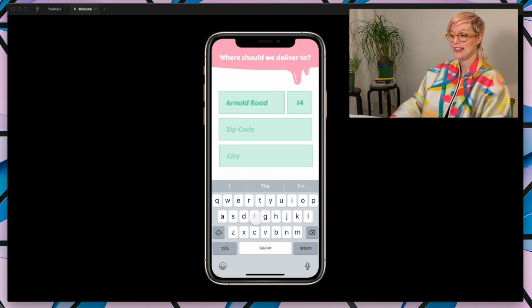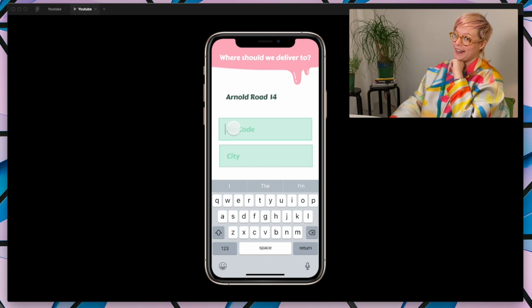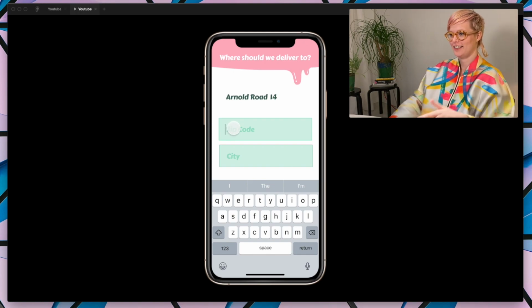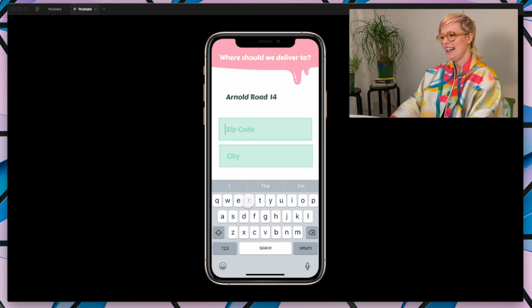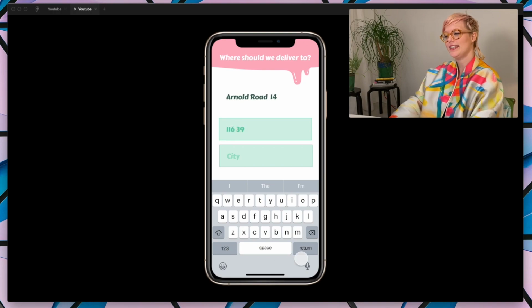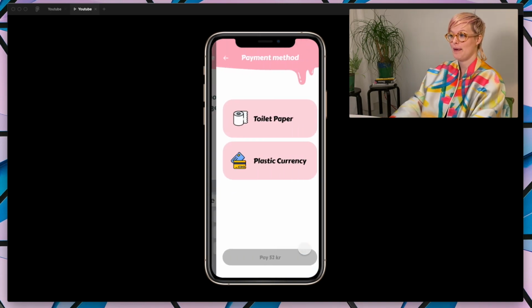I write my street address, and when I go into the zip code field, those boxes go away. Magic. Actually, not magic. A little bit. Feels like magic. It's smart animate. And I write my zip code, and when I go to the city field, that goes away. Ooh, nice. Thank you. You're welcome. And I write my city, and I hit return, and I get a little validation, and then automatically it jumps